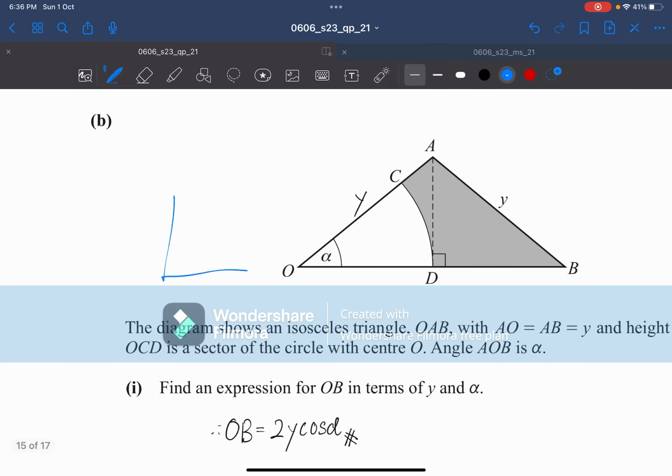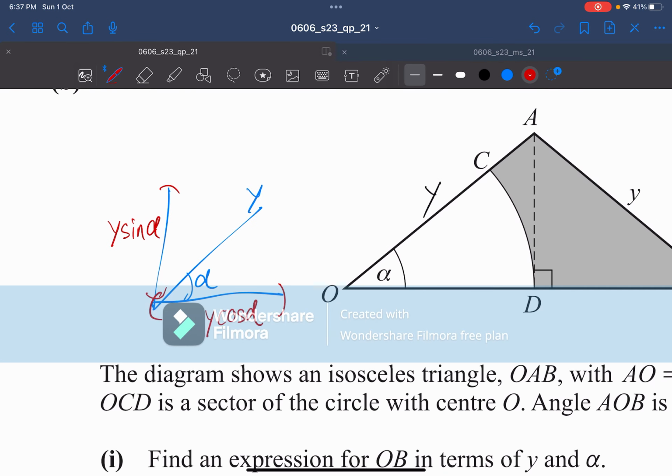So if you don't know how to resolve a vector, it's the same thing again. So if this is alpha and this is y, whatever is in this length right here, the horizontal component of y will be y cos alpha. And the vertical component of y will be y sine alpha. And how do you determine it's a cos and not sine alpha is just by figuring out that whatever the angle lands on to this,